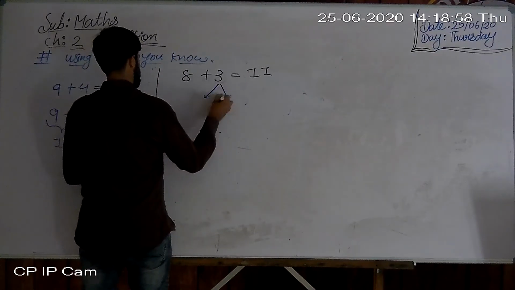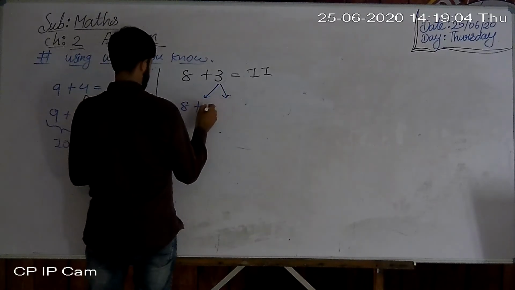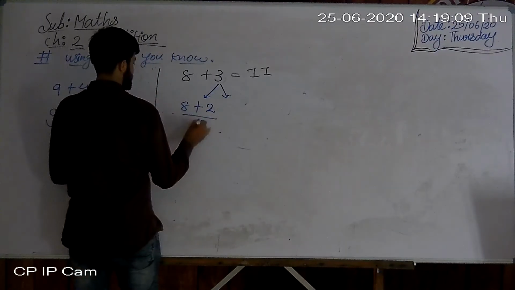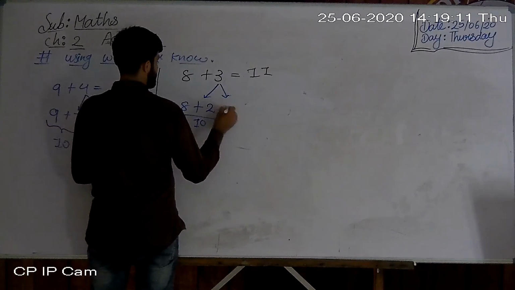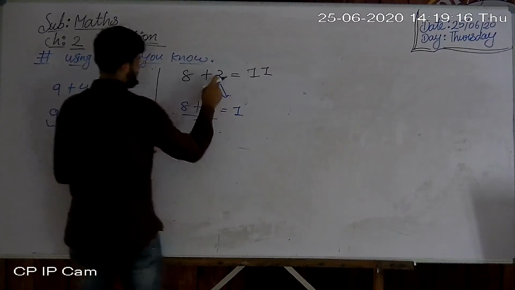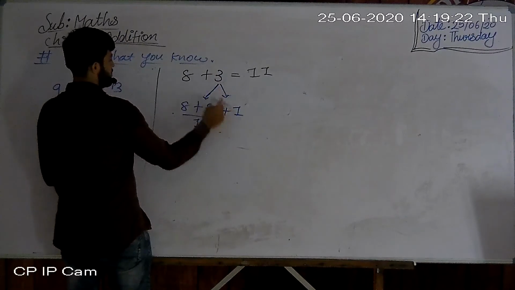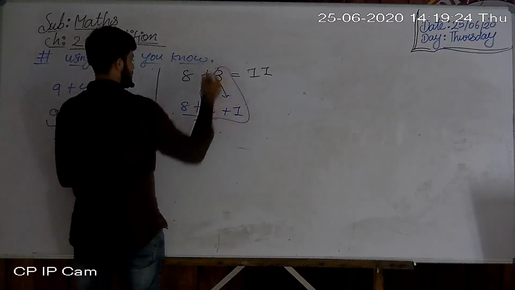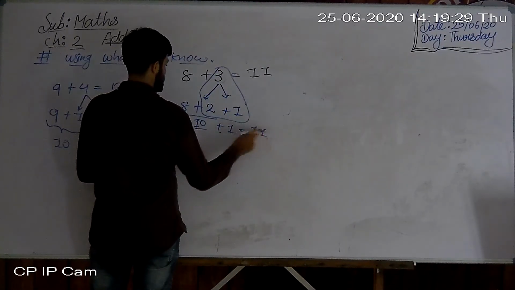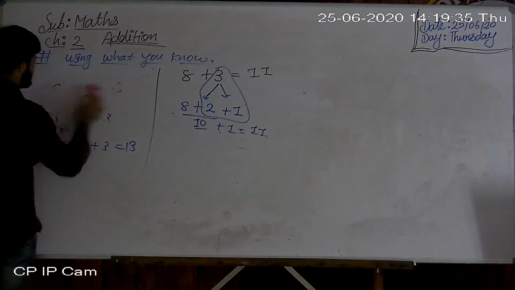So now, first of all, we make the two numbers. 8 as it is, 8 plus how many? 2. Okay, so it's a 10. Okay, and then it's what? A 1. So let's see, students, 2 plus 1. So how many? It's a 3. Okay, and 10 plus 1. So 11. Okay, so now take the further question.